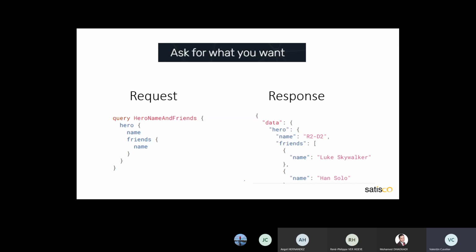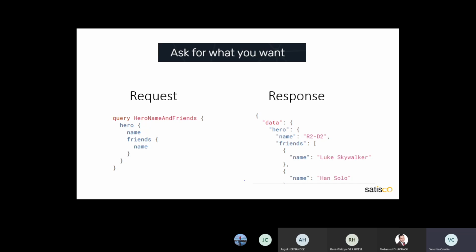If we create a query, hero with name and friends. In this query, we have defined, so it is on the client side, but we imagine it is defined in the server. We have the hero with a name, and here we have friends linked to the hero with this name. So here we clearly see an implicit link between hero and friends.